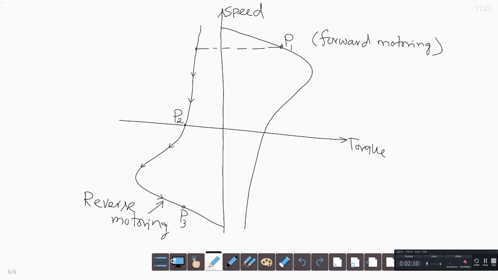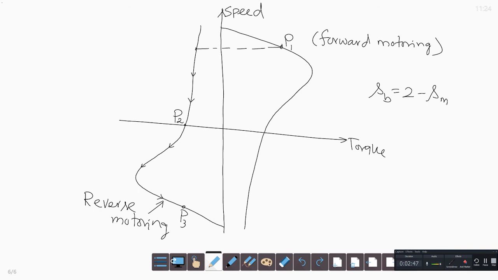Also, in the normal motoring case, the slip speed is very small, whereas after reverse current braking or plugging, the slip SB, which is 2 minus the motor slip, is very large. So the magnitude of the rotor induced EMF is also large, because the relative speed is large, and the rotor current will tend to be large. To restrict the rotor current and the component of stator current to safe values, a high resistance must be connected in series with the rotor, so that current is limited.